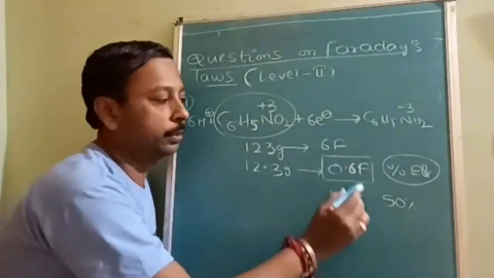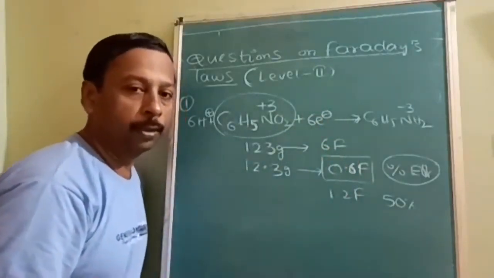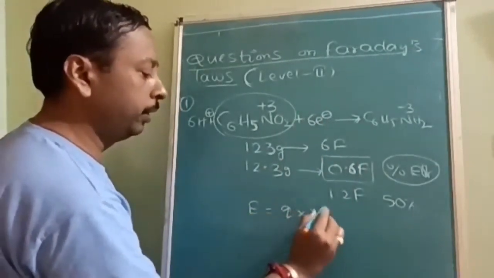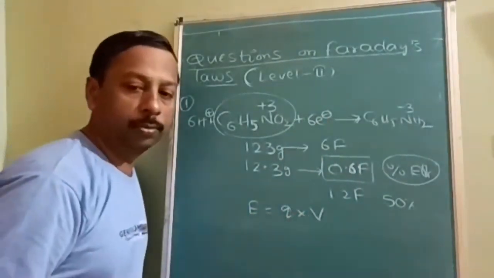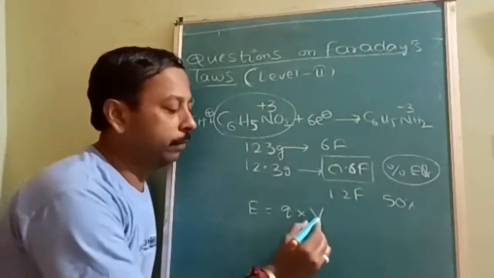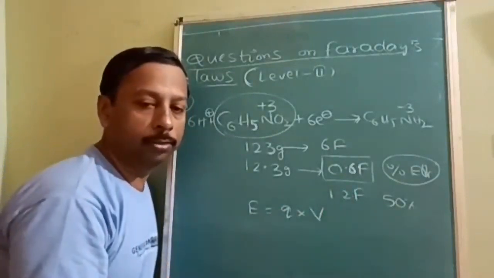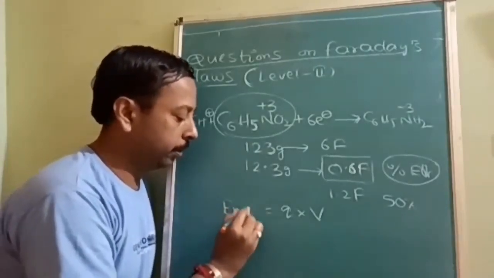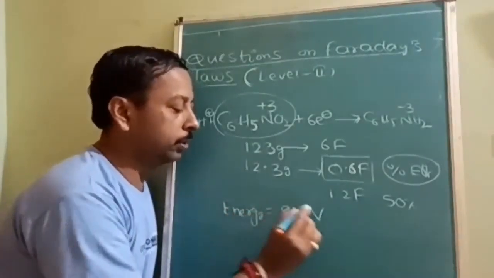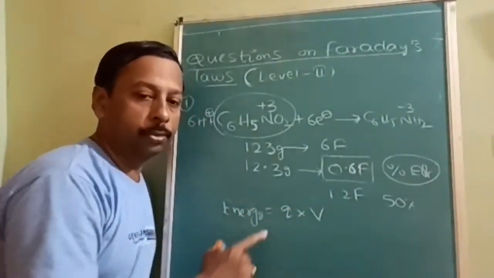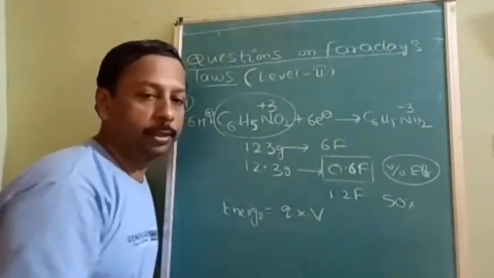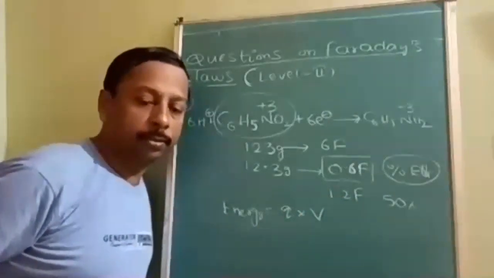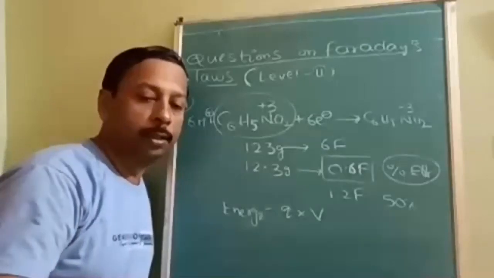Okay. First and second answers are clear to all of you? Next, energy is equal to Q into V. Already V is given, Q you got it. By substituting, this is not EMF, it is energy. Energy is equal to charge into voltage drop. So charge we got it now here. Faraday is a unit of charge only. And voltage drop is given as 3. So by using them, you will find out the energy.